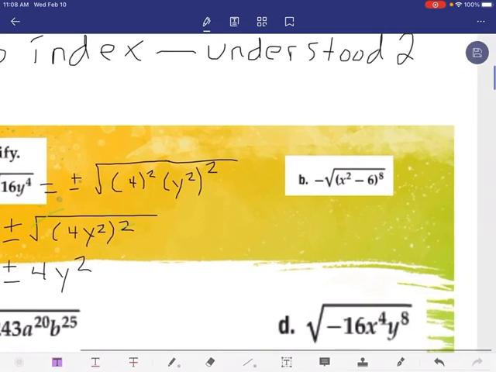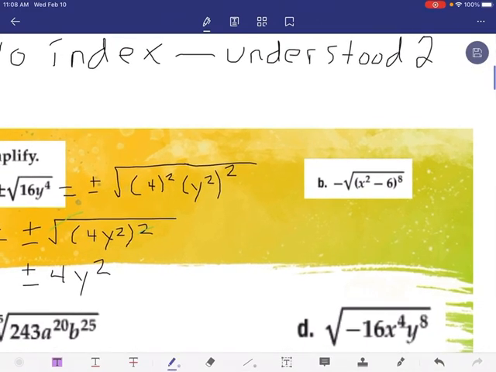And our next one, they specify for us that they want the negative, which is fine. And again, we don't have a radical here, so it's an understood 2. So again, I want to try and rewrite the stuff to a second power. Well, hopefully we notice that we have an exponent of 8. And one of our other properties tells us that whenever I raise a power to another power, we multiply those powers. So I know that if I were to separate this out into x squared minus 6 to the 4th, all raised to the 2nd, then when I wanted to simplify that, I would do 4 times 2,